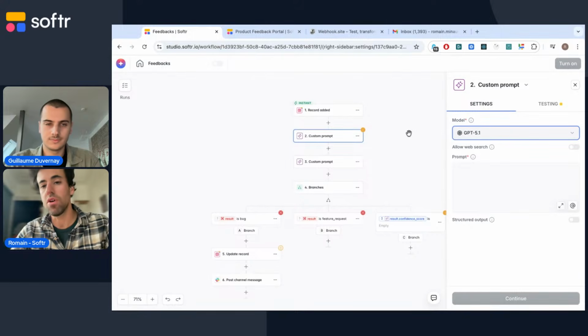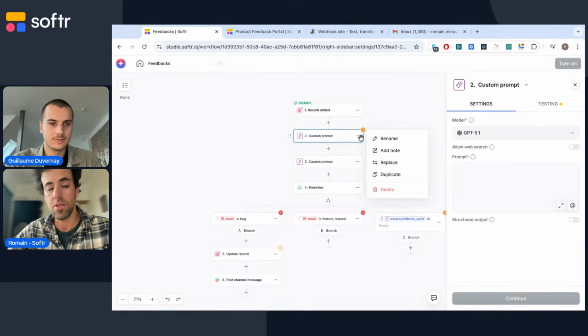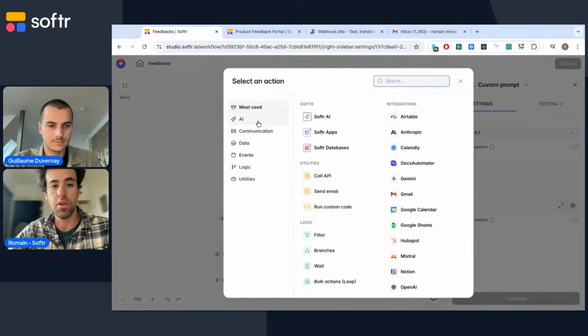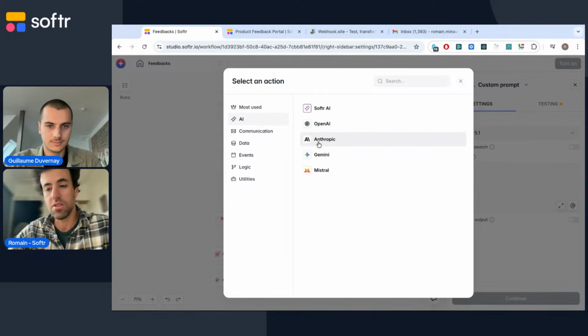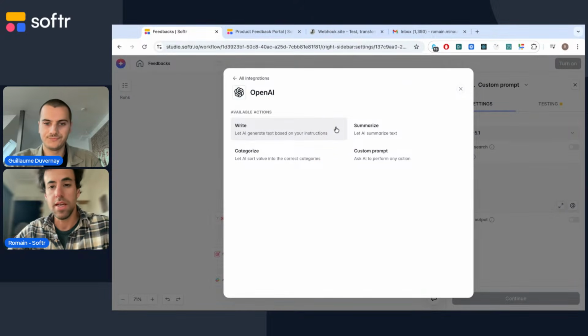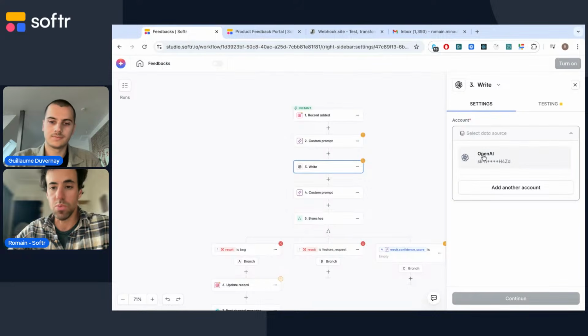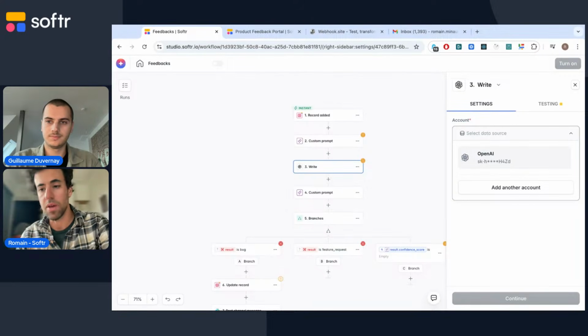And you don't need to have a direct contract with them. We will use our own contracts. If you already have some API keys for those services or your own contract, you can choose to use the provider directly. This is what we call bring your own key, and then you need to specify the key that you want to use, and then it's exactly the same actions that are available.